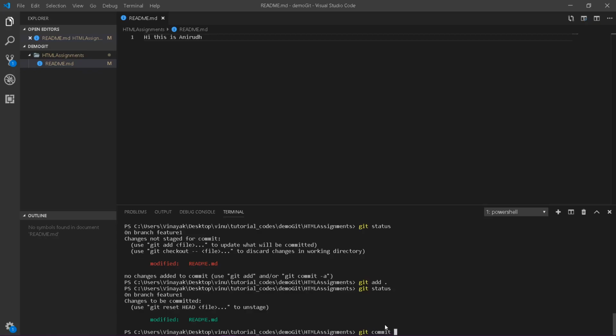Once it's added properly, I'm going to commit it. So git commit with a message saying committed my code, I am Anirudh.